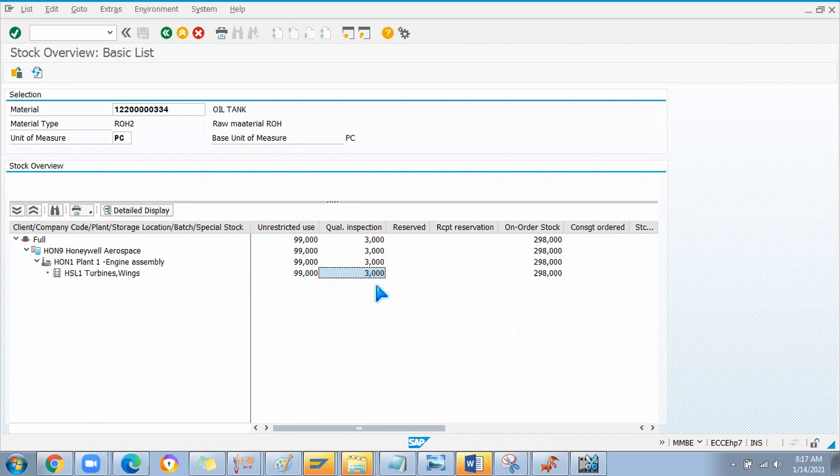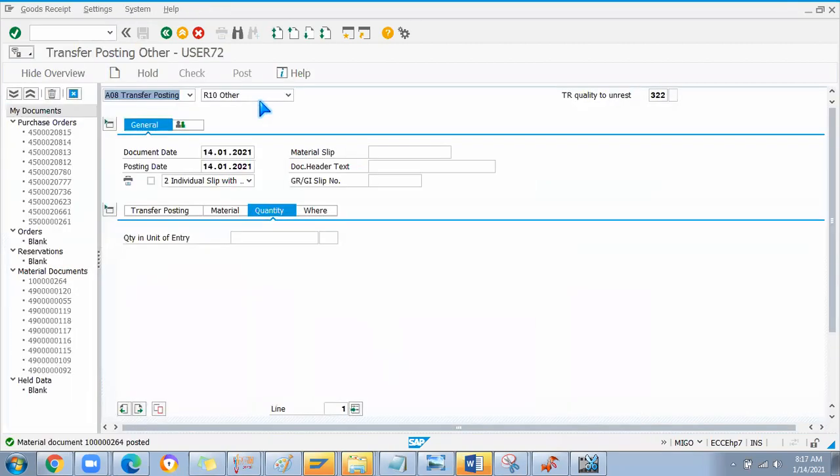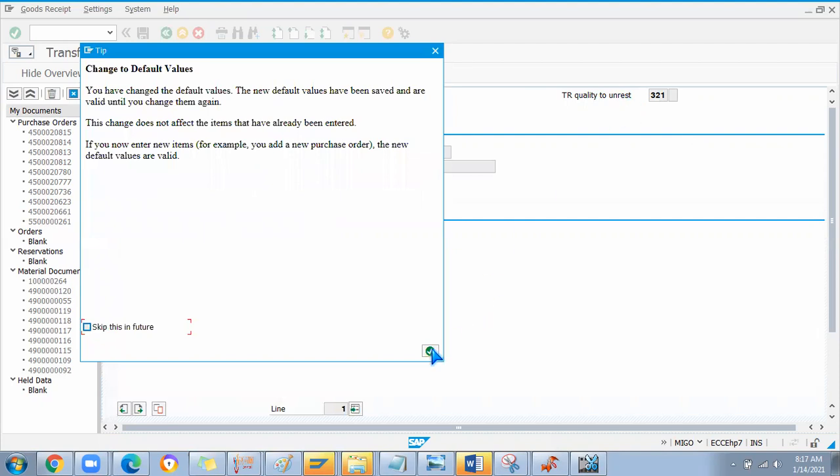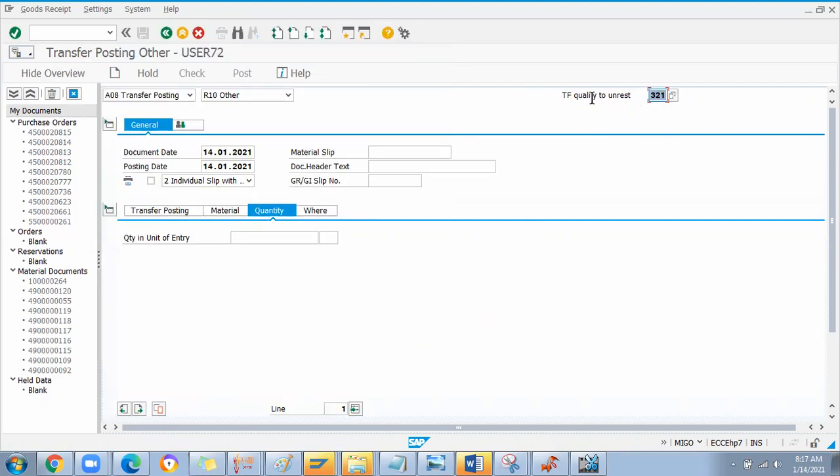So now I am going to reverse this and move 2 numbers to unrestricted use. How to do that? I'll go to transfer posting and do 321. Just remember this: 321 is from quality to unrestricted, and 322 is the reversal. If I enter this, it will show TR, quality to unrestricted only. See TF, transfer posting.